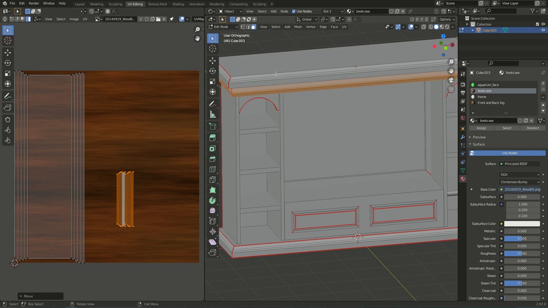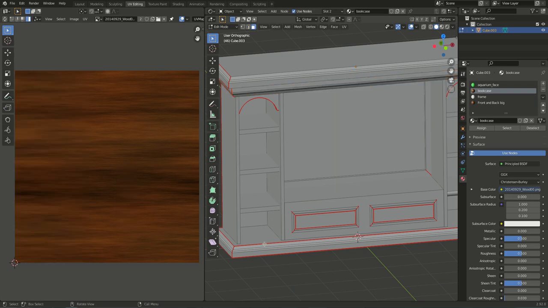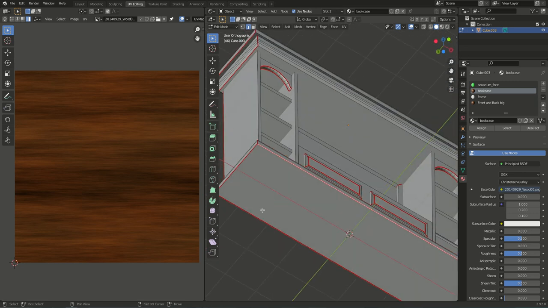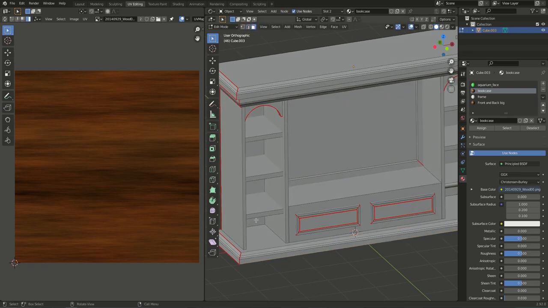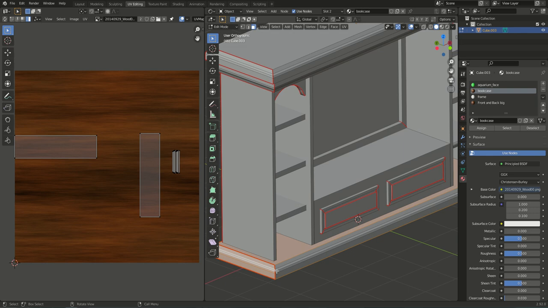And we are going to do the same to this bottom piece. This bottom piece is just like this top piece. So I select this edge, this edge, this edge, Control E to clear seam, and well, if we repeat the procedure, we select all these faces. And how have you done that? Well,